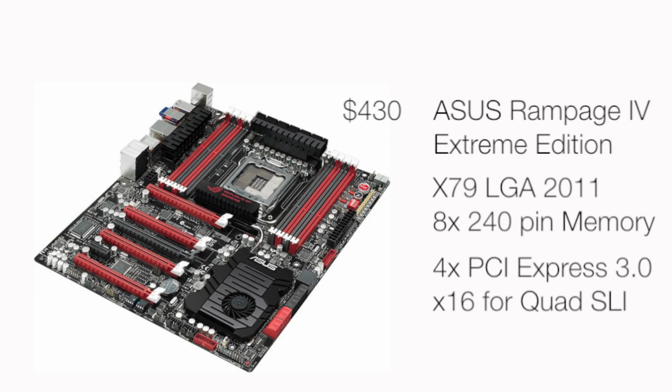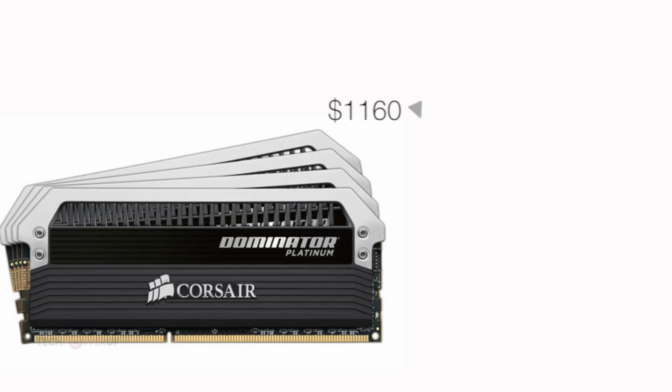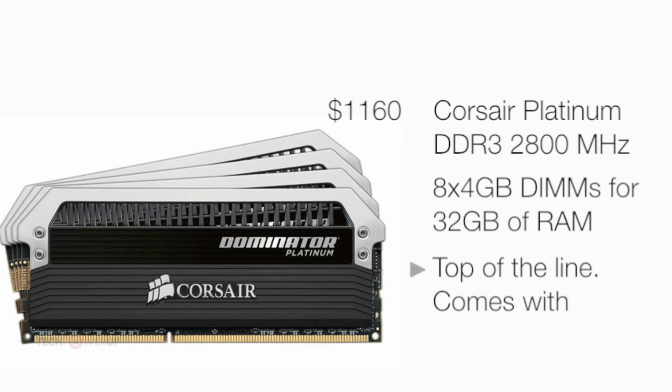go with the ASUS Rampage, which brings us to the memory, where we decided to go with the Corsair Dominator Platinum series, running at $1,160. You get 32 gigabytes of high-performance memory for this expensive price. This is the highest performing memory on the market, top of the line for the consumer gamer market, and it comes with fans actually that you mount on top for better cooling. These things do get pretty hot when you overclock them. In fact, you can't even overclock them to the full speed they're capable of. But with the setup that we have so far, you should be able to get at least 2,400 megahertz with